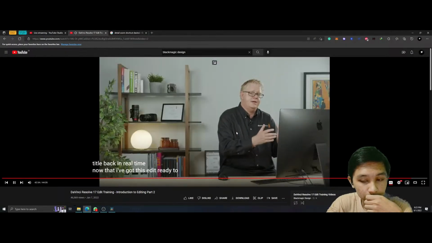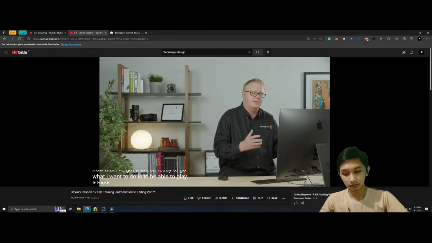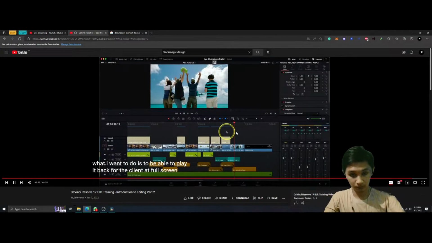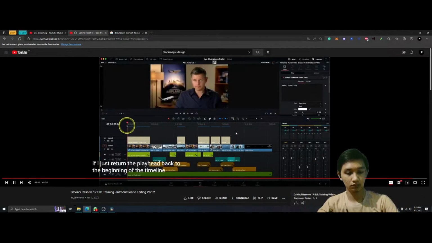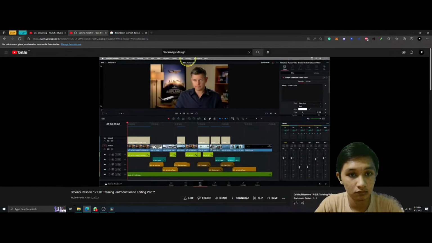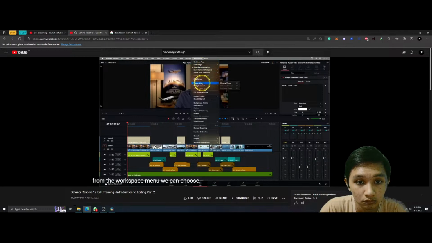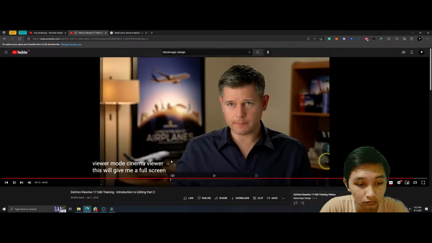Now that I've got this edit ready to go, what I want to do is to be able to play it back for the client at full screen. If I just return the playhead back to the beginning of the timeline, from the workspace menu, we can choose Viewer Mode, Cinema Viewer. This will give me a full screen playback